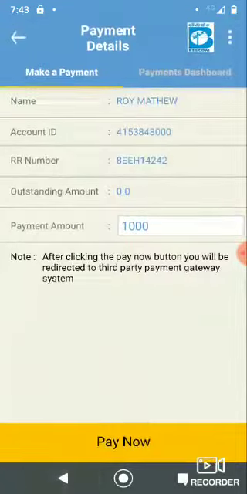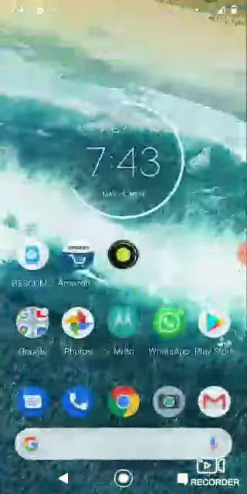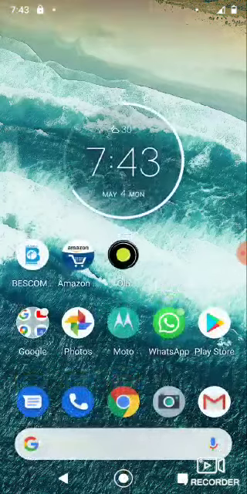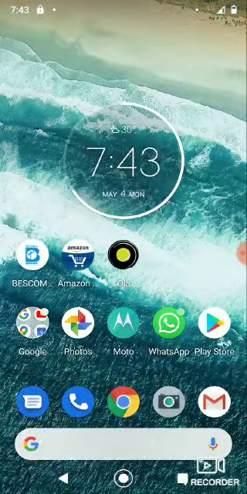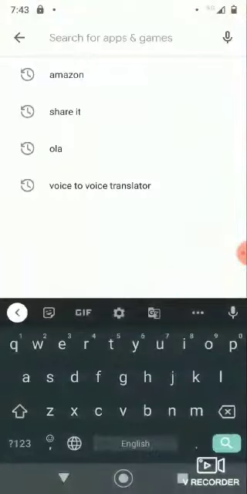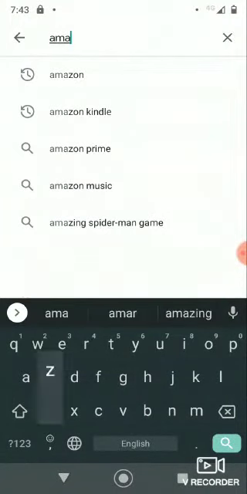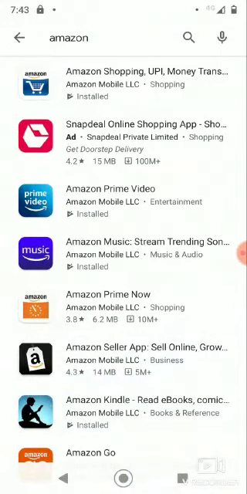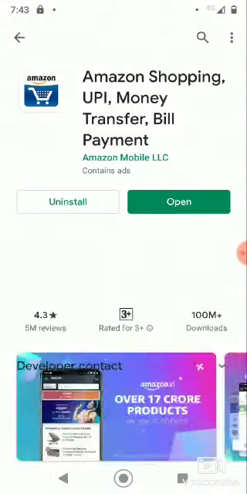Next, we'll go to the second app, that is Amazon. Again you have to go to the Play Store, type Amazon, first option. See here, Amazon shopping, click it.